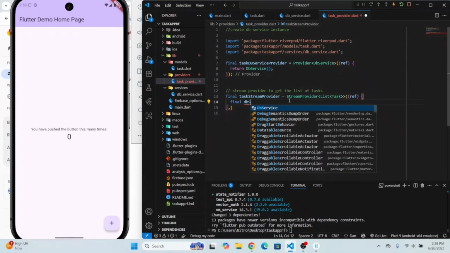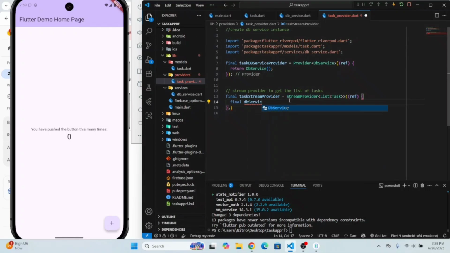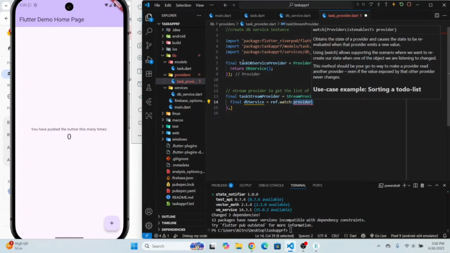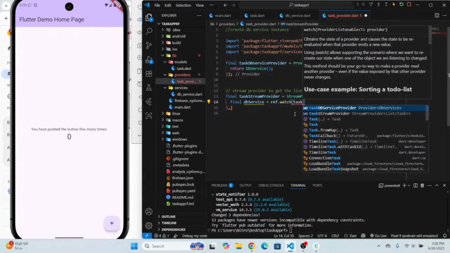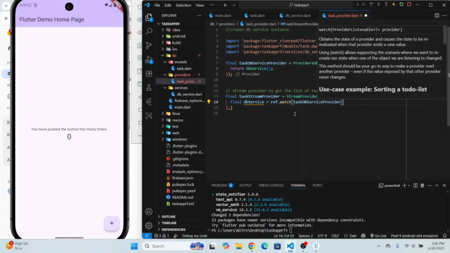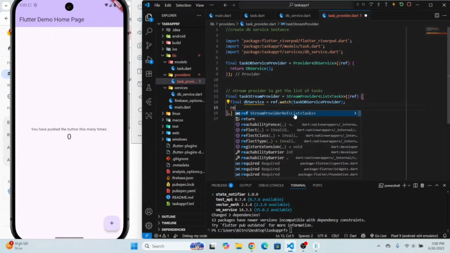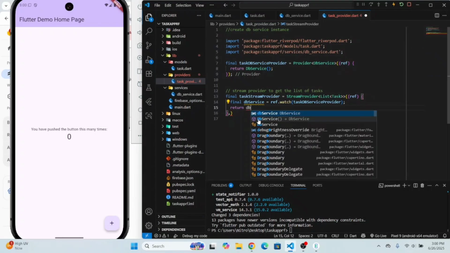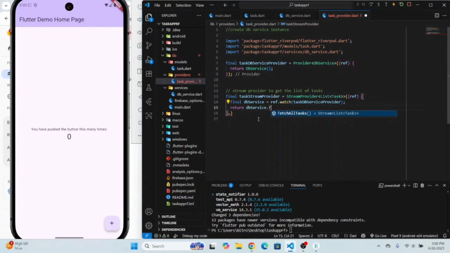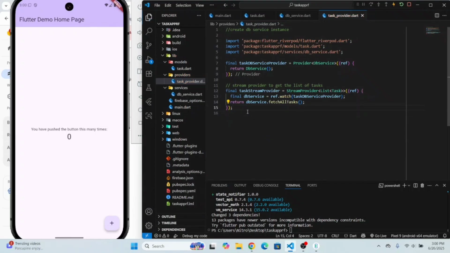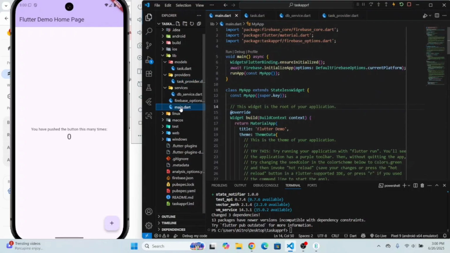Okay. And let's get the DB service. Ref dot what? Okay, this one. That's DB service provider. Okay, now let's return your DB service dot fetch all tags now. Cool. With the semicolon here. Now open up the main.dart file,